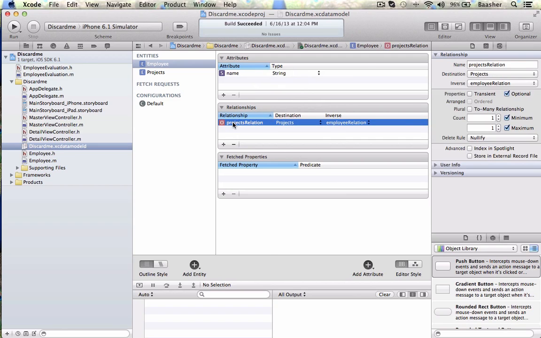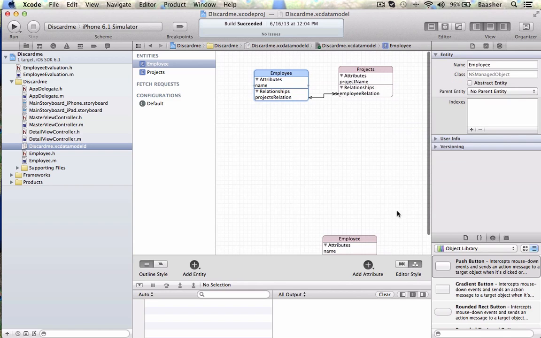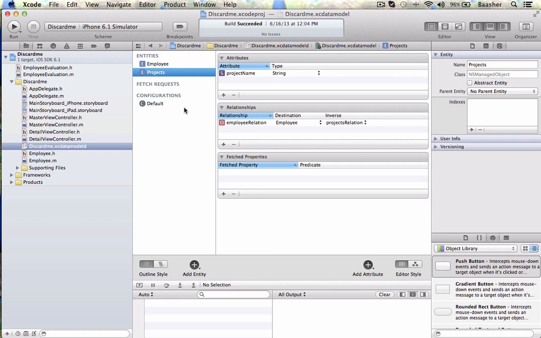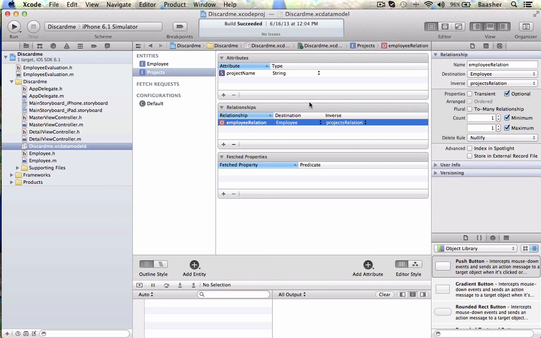employee, and say one-to-many, how will it look? Employee has many projects. No, that isn't right. I want it the other way around. So I'm going to have to uncheck this. I'm going to have to go to project, employee relation. You see in here we need this